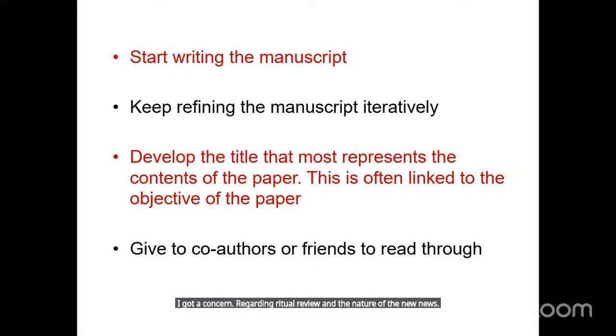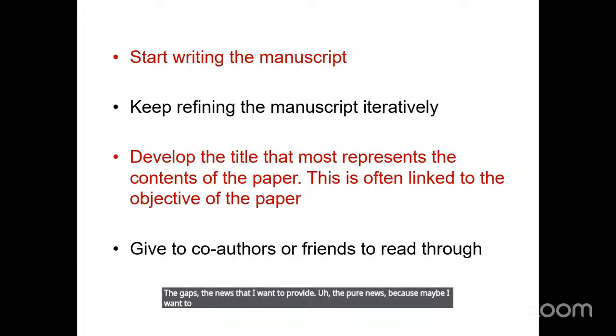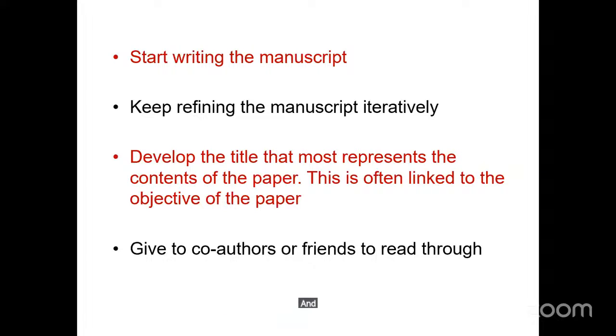Basically, we are told that we should refer to the literature review, provided that maybe the topic that we want to write about was already written about. And I wonder, how should I make sure that the gaps, the news that I want to provide are pure news? Because maybe I want to write on something like refugee status in East Africa or maybe the Great Lakes region, and it actually has been written about. How should I make sure that the news I want to provide